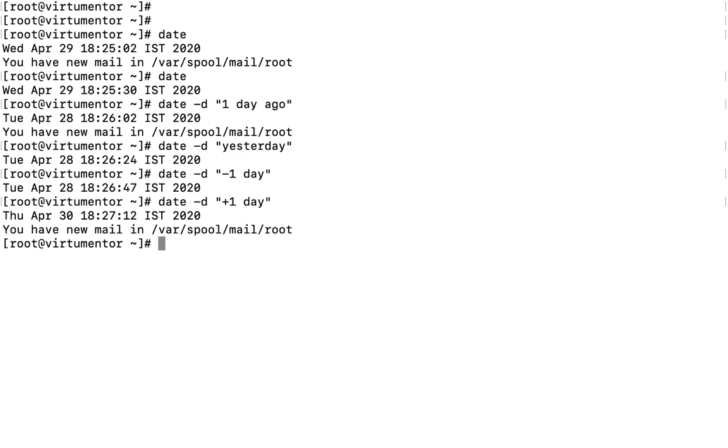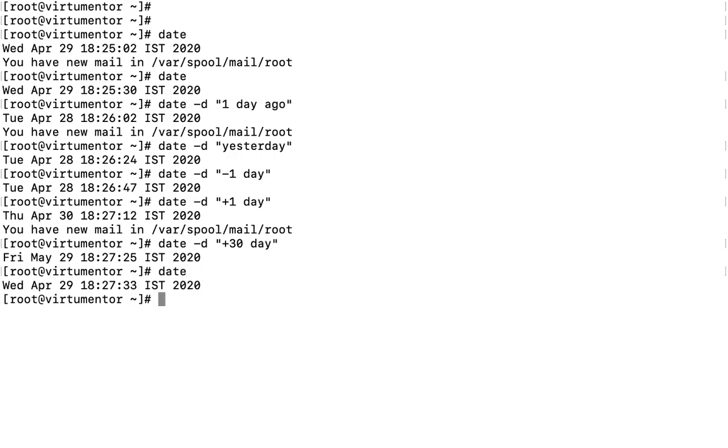Sometimes we also need to print some more days, like 30 days. Just replace the 1 with 30 days. This will print a date in May, since the current month is April. So this way we can print the dates.